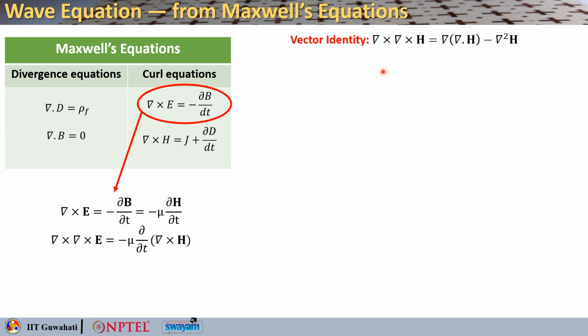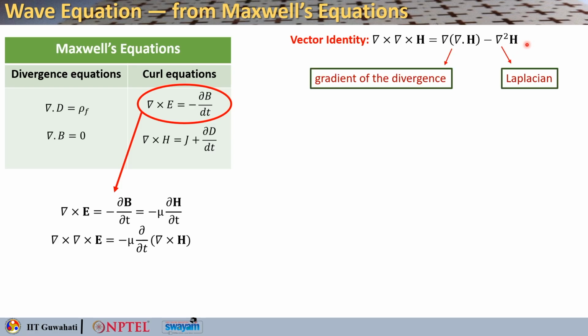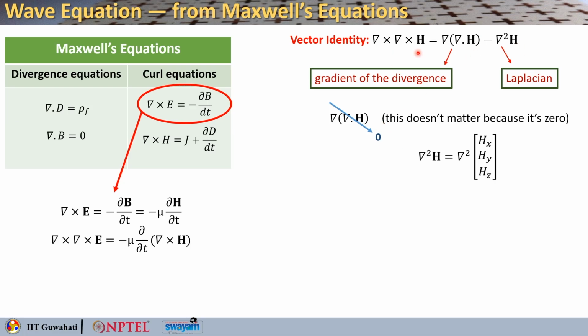Okay. So, you can use this particular vector identity that curl of curl of H equals grad of the divergence of H minus the Laplacian of H, or del square H. So, this is basically the gradient of the divergence, and this is the Laplacian. Now, for the magnetic field, the divergence is 0. So, this equation basically boils down to curl of curl of H equals minus del square H, and because of the